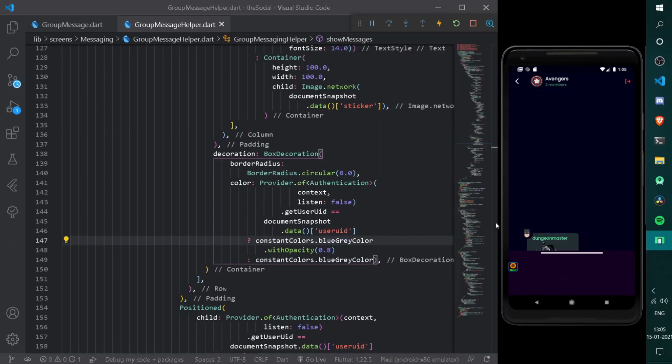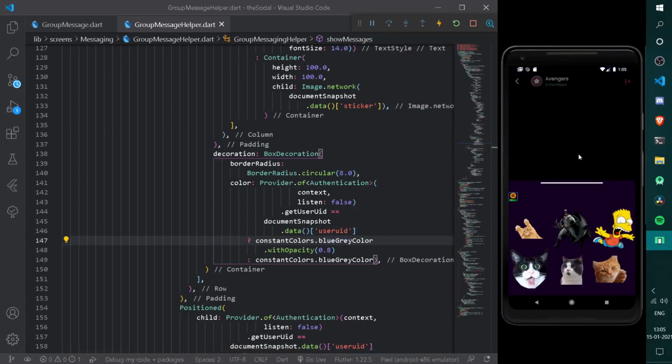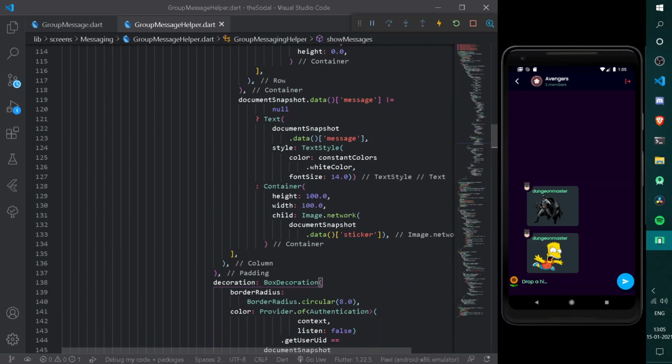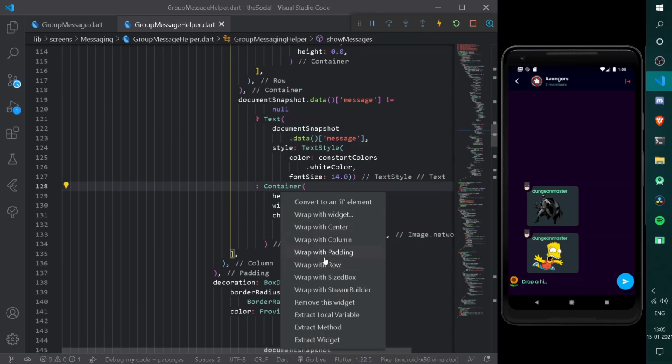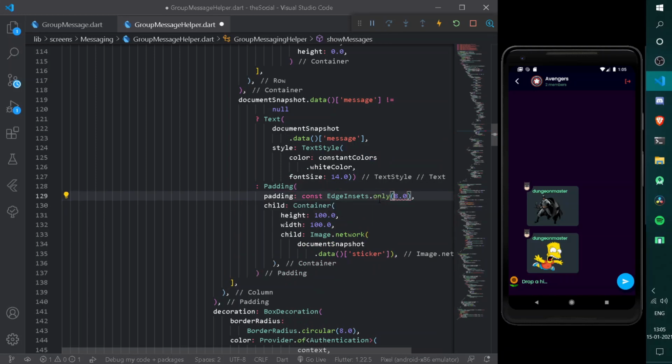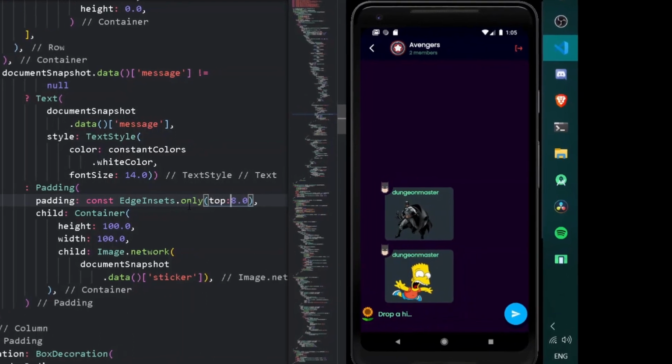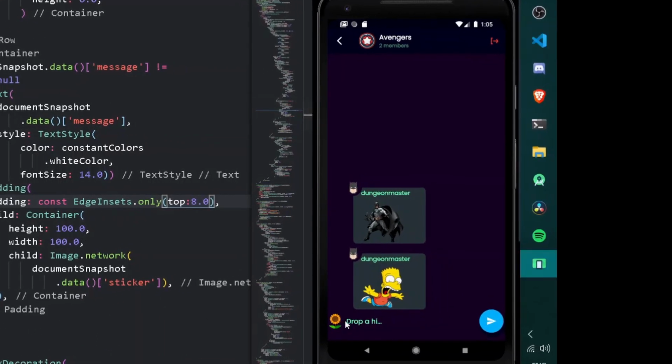Let's try adding one more sticker and check what's happening. Alright, one more sticker is added here. Congratulations, we are doing a great job. We have successfully added all of our stickers. So for now, we can go here, and here let's have somewhat of padding from the top of it. Let's check it out. Easy, it's looking amazing.